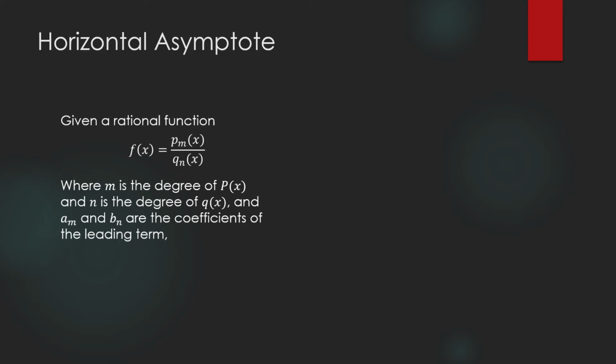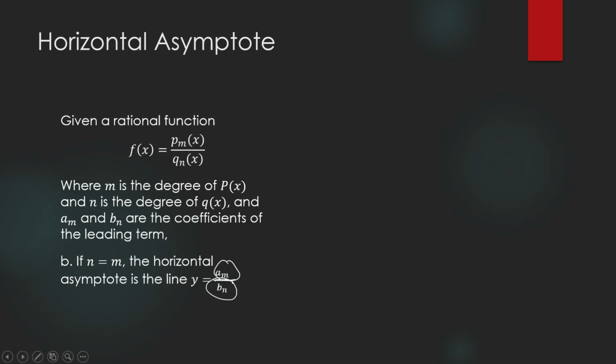Now, this time we will pay attention to the coefficients of the leading term. The leading term of the numerator and the leading term of the denominator. So if n is equal to m, the horizontal asymptote is the line y is equal to a sub m divided by b sub n. Or the horizontal asymptote is the numerical coefficient of your leading term in the numerator